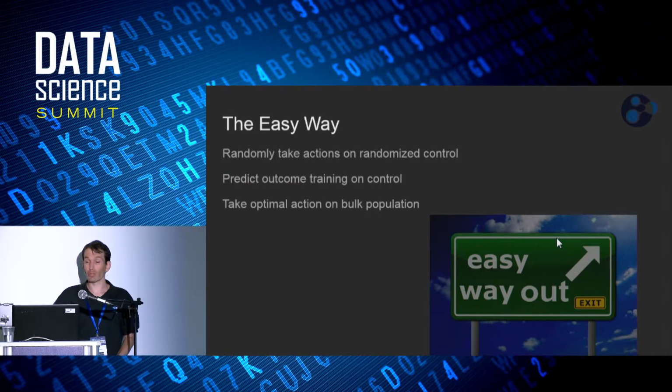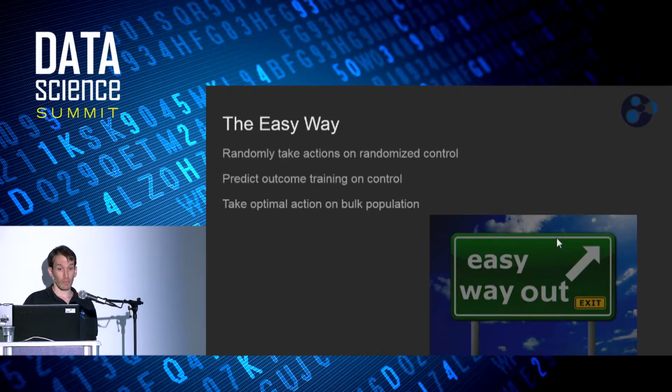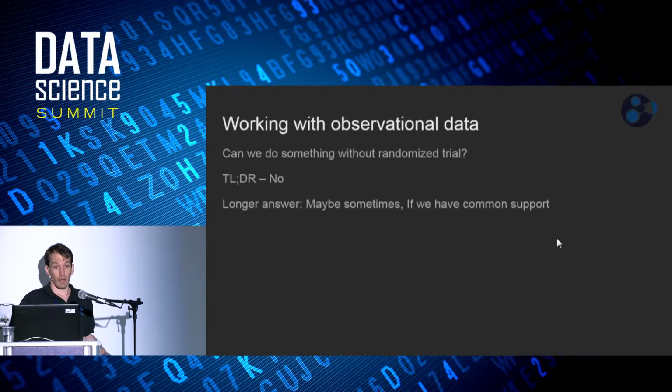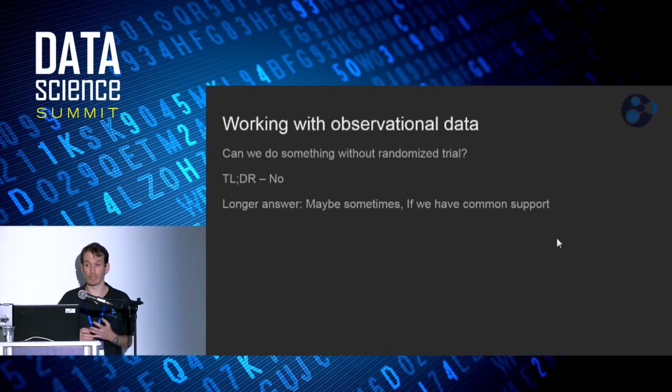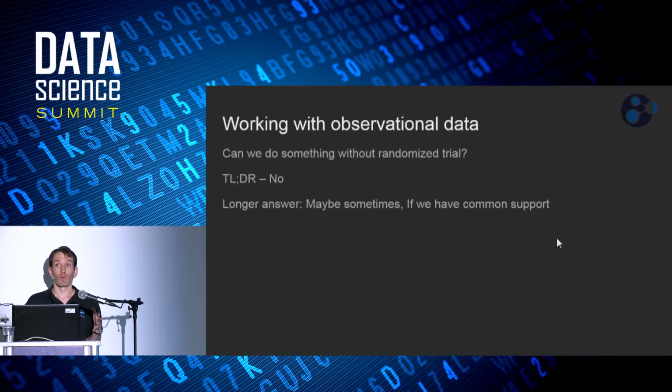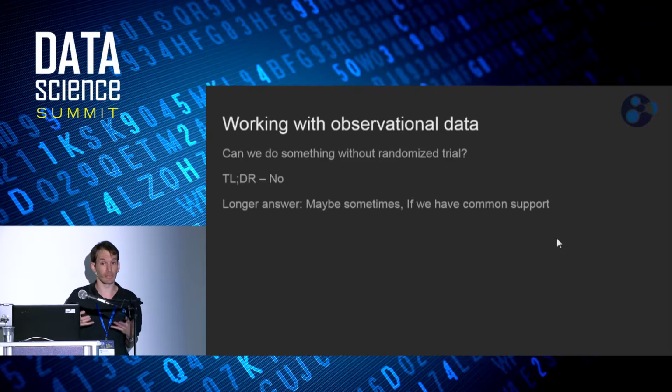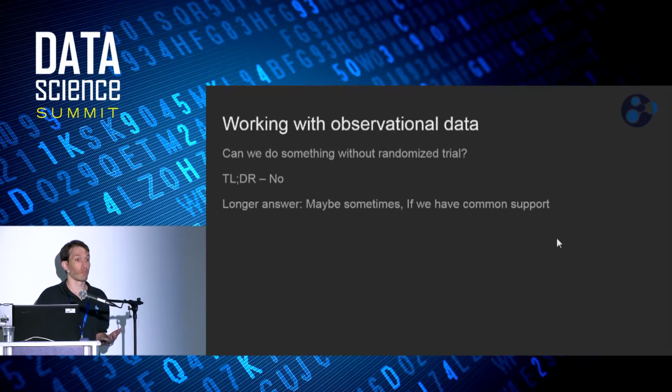We will be able to get a reasonable prediction for any action. Then we have a new user. We predict based on the randomized study. We get good results. However, in many cases, what we discover is we have a problem. We don't have a randomized study, or we can't do any significant size randomized study, and we need to work with past data, with observational data, which was not controlled. So can we learn from observational data without a randomized study about the effect of actions?